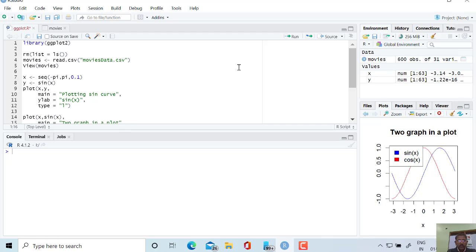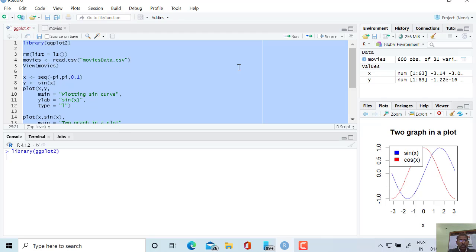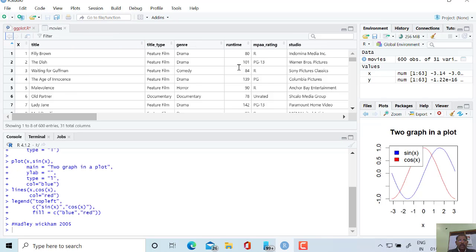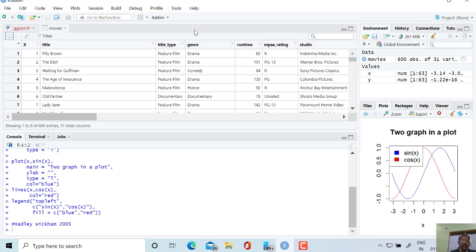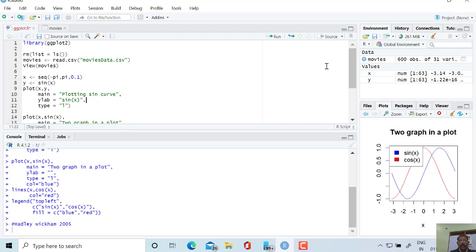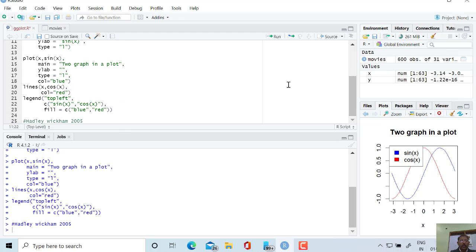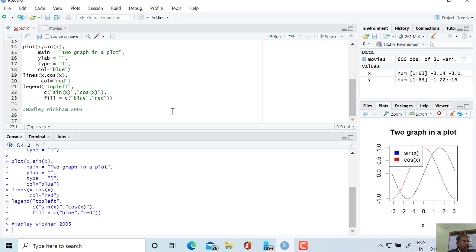Because I have imported it, first of all I should run the whole program once again. Here we can see that everything has been installed and the ggplot function is now also being used. Now we can use ggplot2 in an interactive manner. So I am doing the same thing.